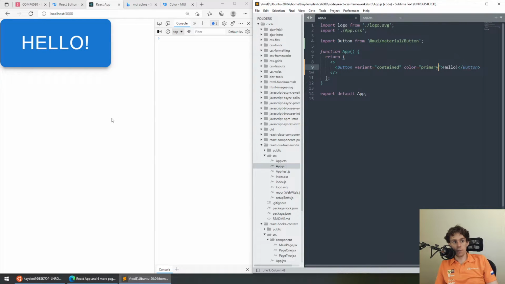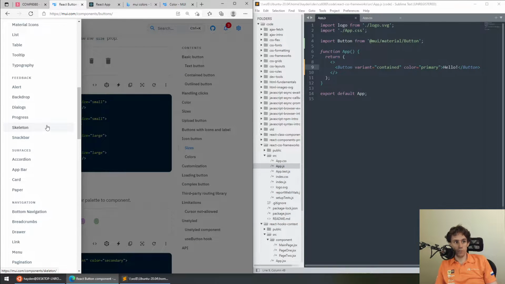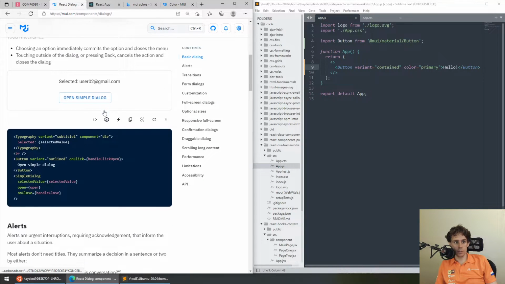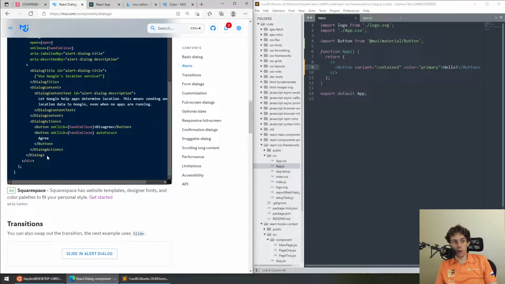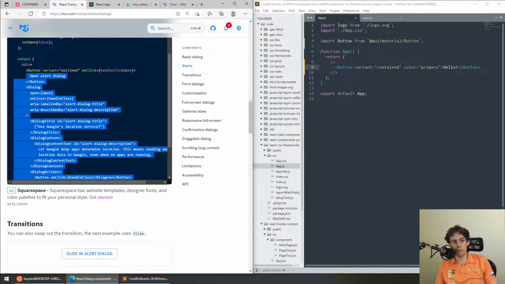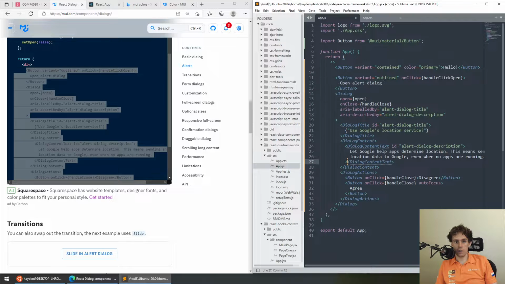So if we want to do something more interesting than, say, a button, maybe we'll go back to what we had before, which was a dialog. I can see an open alert dialog I like here, and there's a lot of code, but I'm just going to go and copy. I usually copy these in two parts. I've got the HTML part, and then I'll go and import the library. So you see there I've got my button